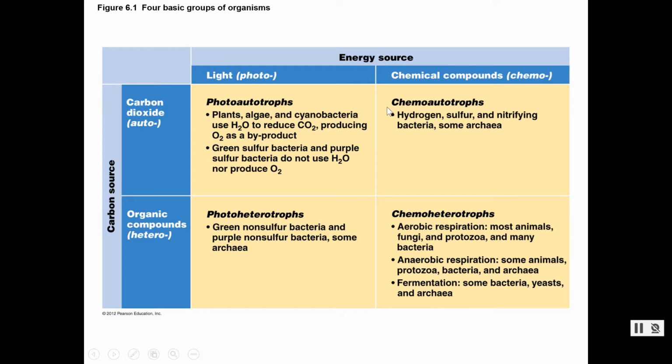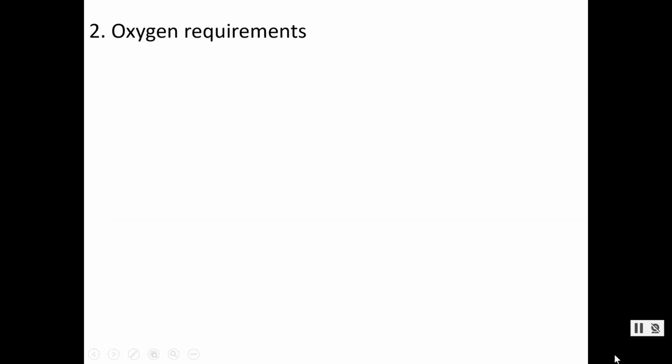Okay, so you should know this, and when you see these words, chemoheterotrophs, photoautotrophs, know that there are two things that this tells you: how they get their carbon and how they get their energy. Okay? Okay, so we will stop this